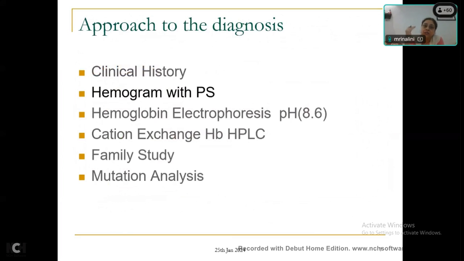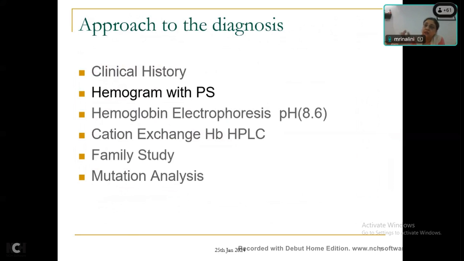And let me tell you, we should never alter the sequence because that will lead to a misdiagnosis. So beginning with the clinical history, followed by a critical examination of hemogram with peripheral smear. Then if you have a hemoglobin electrophoresis and you don't have an HPLC, then knowing how to interpret a hemoglobin electrophoresis or an